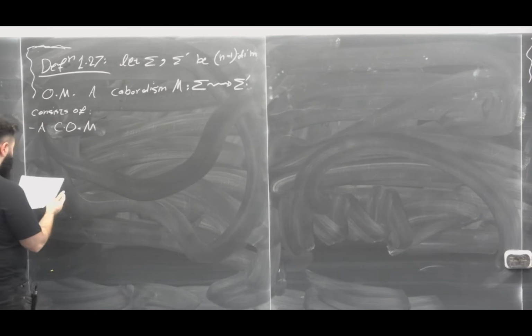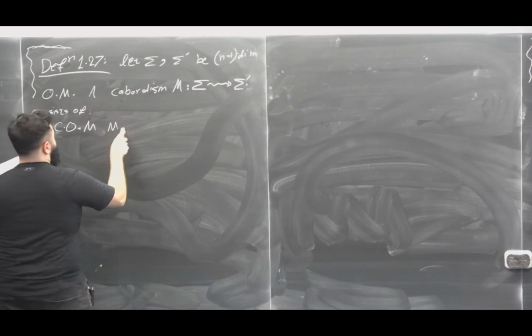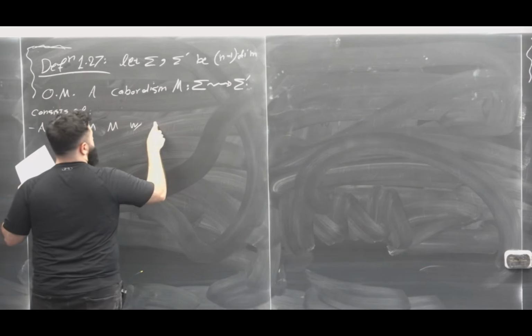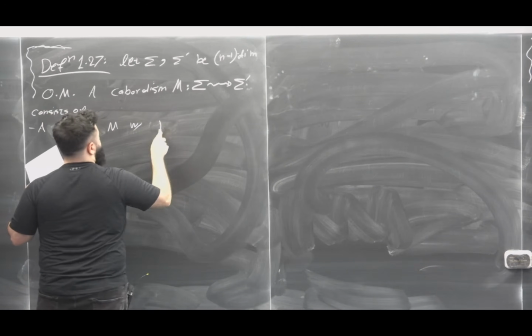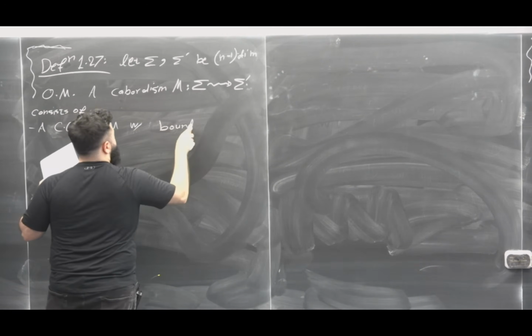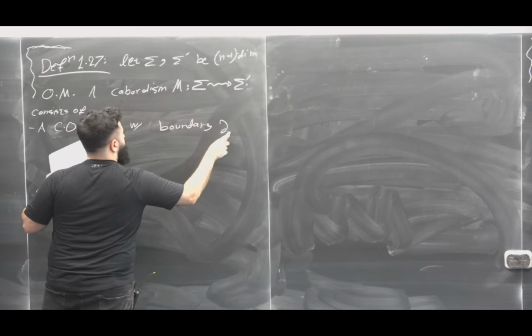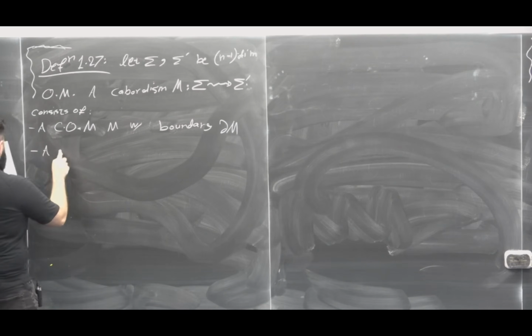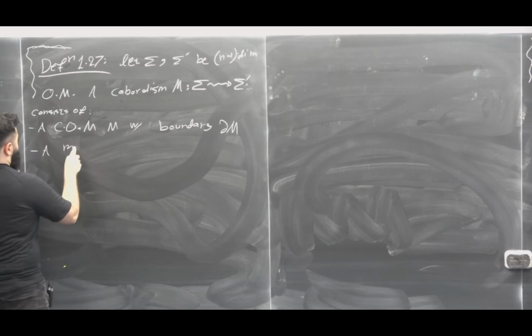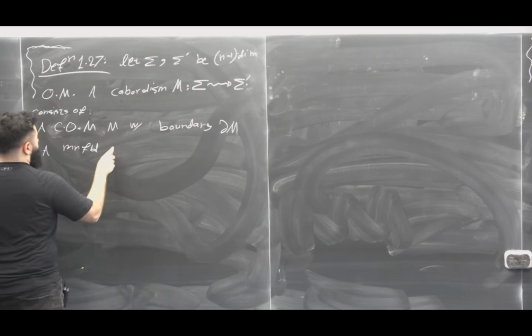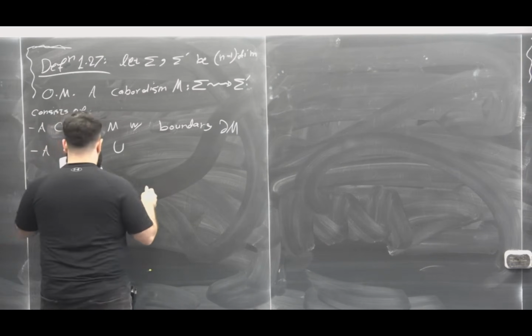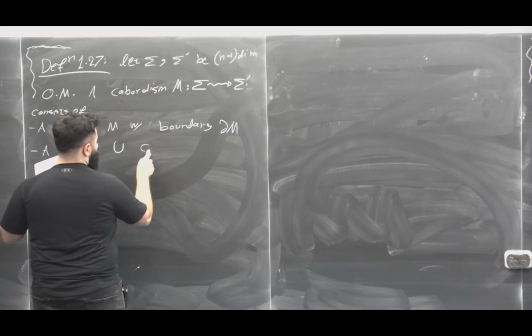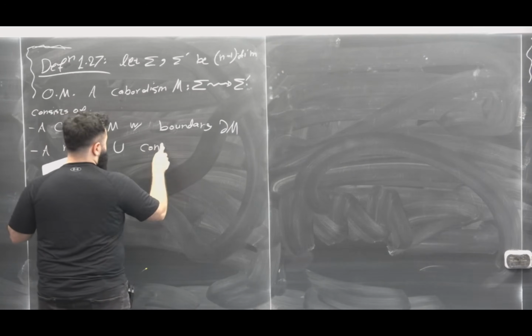A compact oriented manifold M with boundary, a manifold U containing the boundary of M,